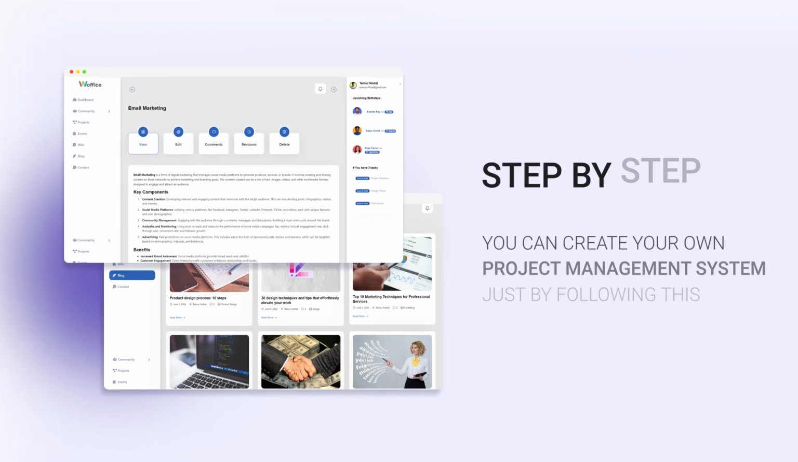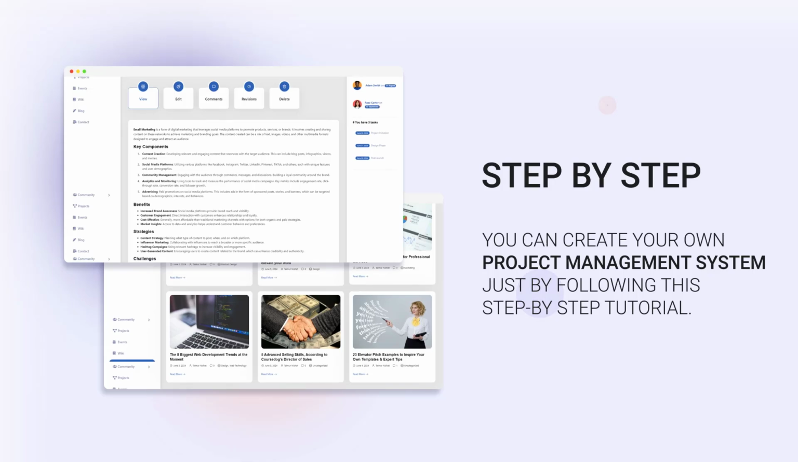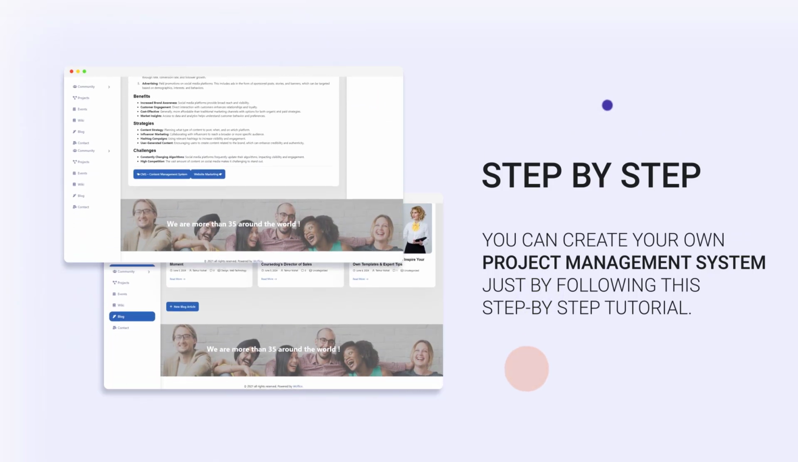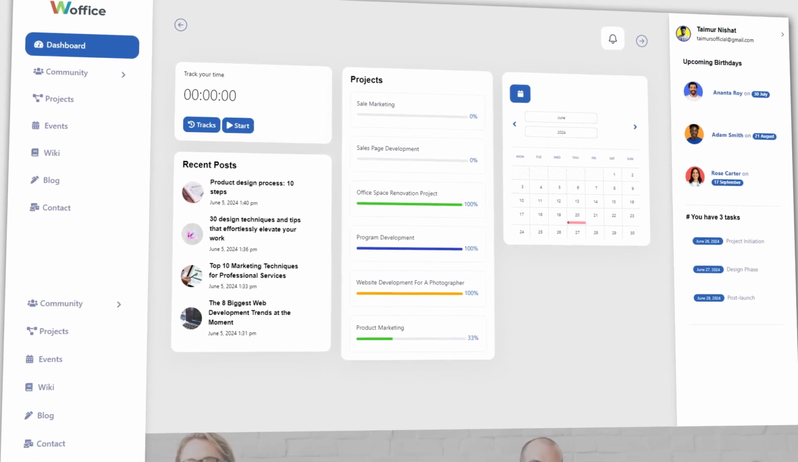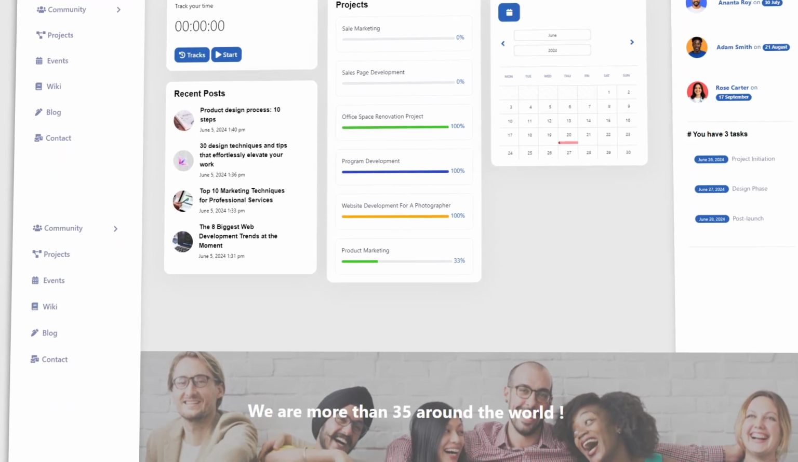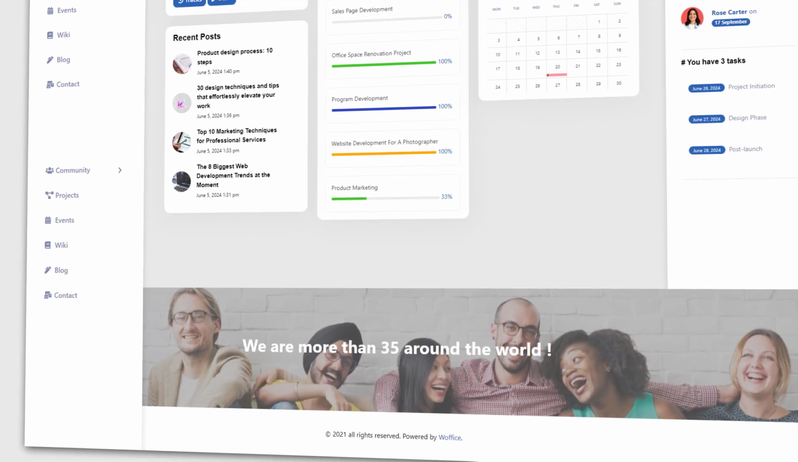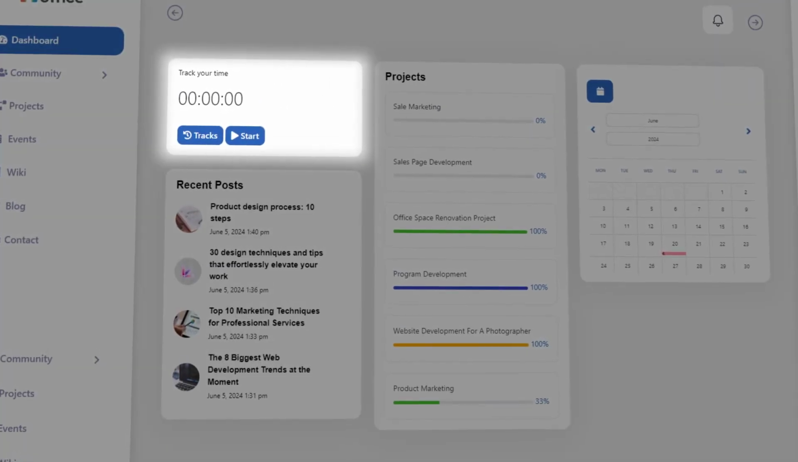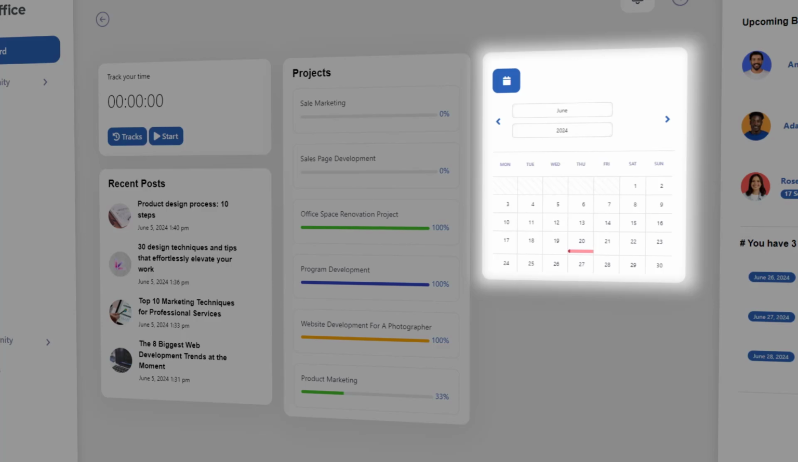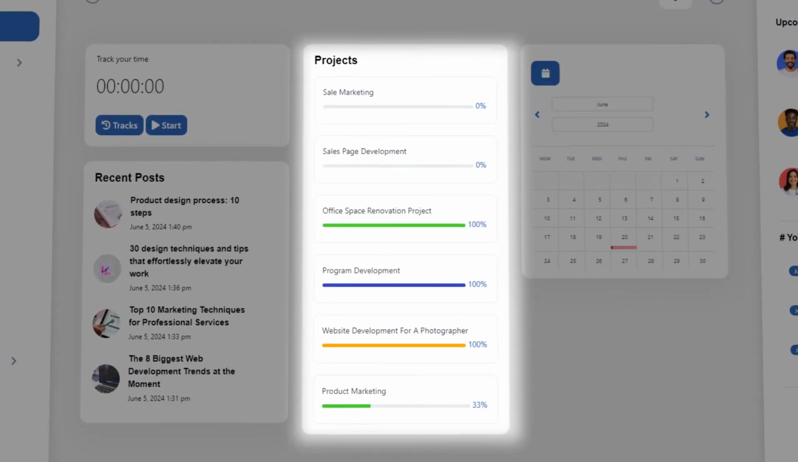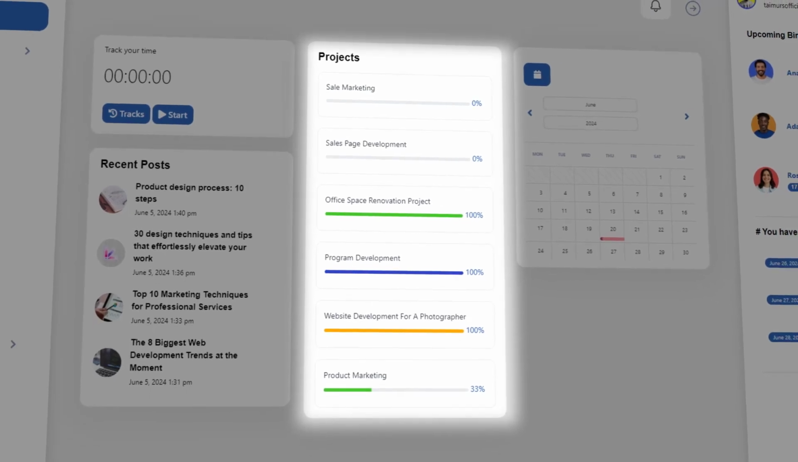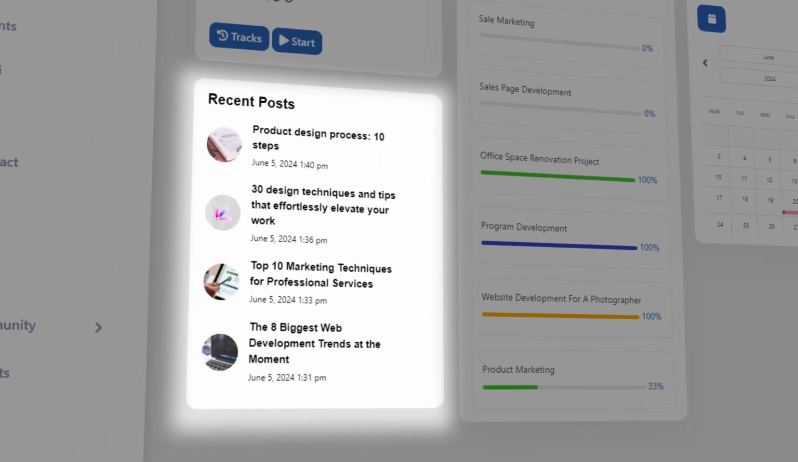I'm here to guide you step by step in creating your very own project management system for your company. Let's have a quick sneak peek. I'm gonna show you how you can set up your admin dashboard page where you will have all of your cool and useful widgets like a time tracker to monitor your time, a handy calendar to keep track on important dates and deadlines. Then these projects, you can see project assigned with you, then latest posts so we can stay